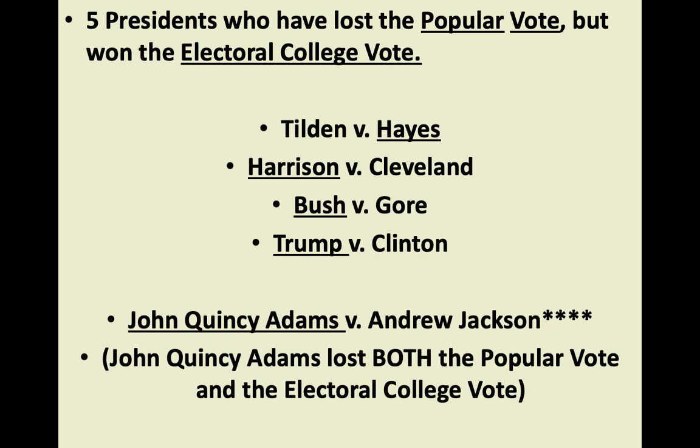The focus that we want to look at is the last 3 lines. The 6th president is going to be John Quincy Adams. The way I remember that is Quincy has 6 letters. If that works for you, fine. If not, go with however you want to. Take a look at the last 2 lines. John Quincy Adams lost both the popular and the electoral college vote. That I want you to know.